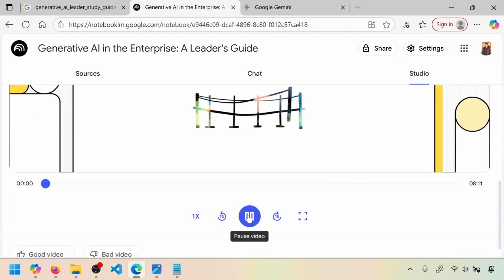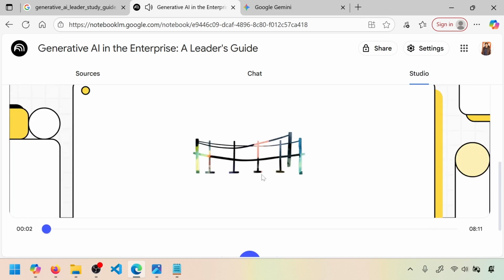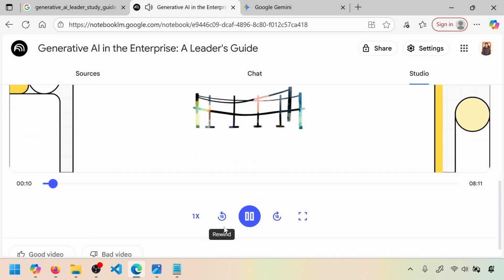Welcome to The Explainer. Today we're diving into a pretty huge topic. In this new age of generative AI, what does it actually take to be a leader? We're going to cut through all the noise and give you a real practical framework for driving AI projects inside